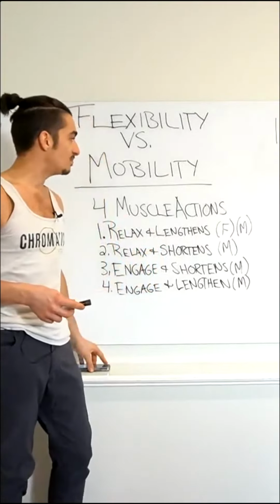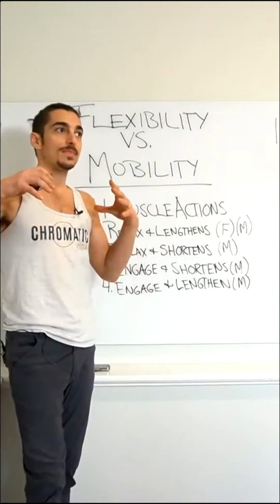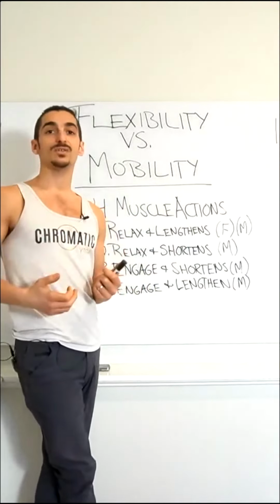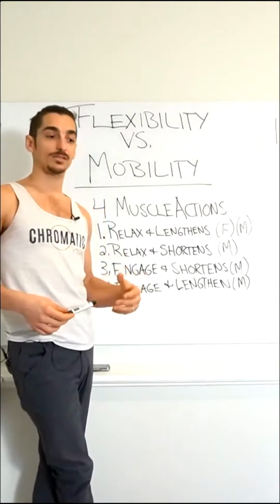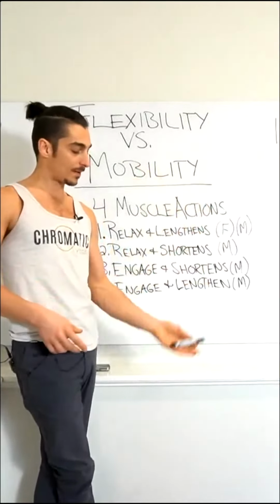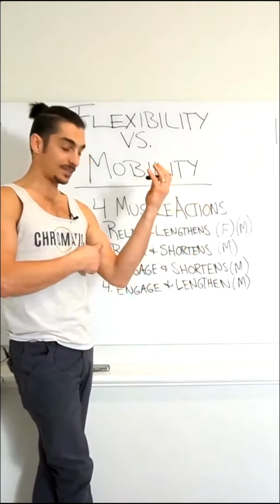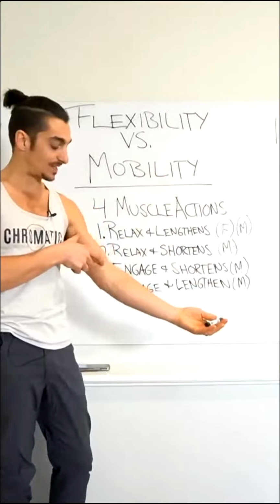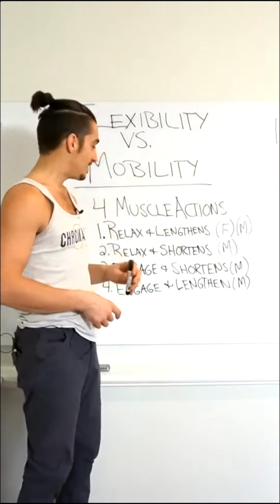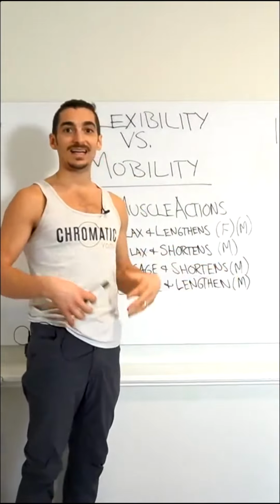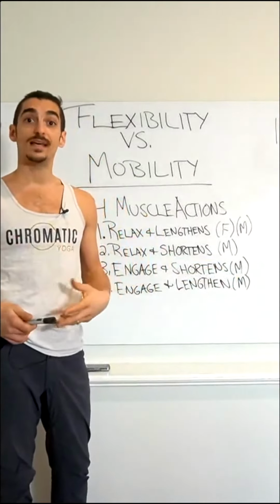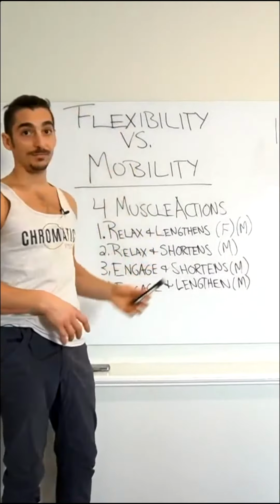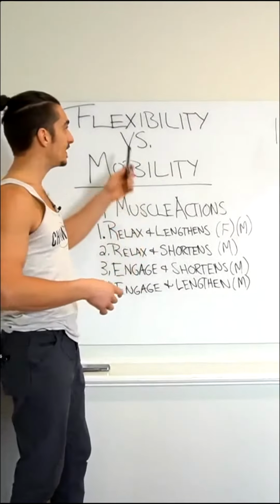So the ability to move not only requires the ability for a muscle to relax and lengthen, but it also implies that there's a muscle engagement and a shortening of that muscle. So when I pick up this Sharpie here, what happens is my bicep muscle is shortening, and it's creating that movement. So it's engaging and shortening at the same time. Engagement and shortening is an aspect we usually associate with strength. Strength is a component and a necessary part of mobility, where strength doesn't necessarily have a place in flexibility, though